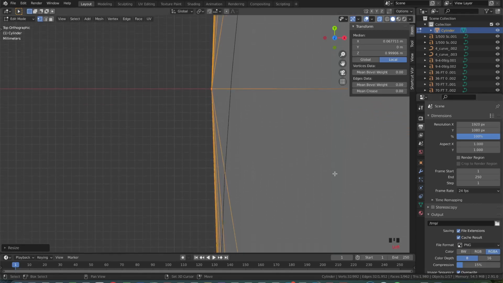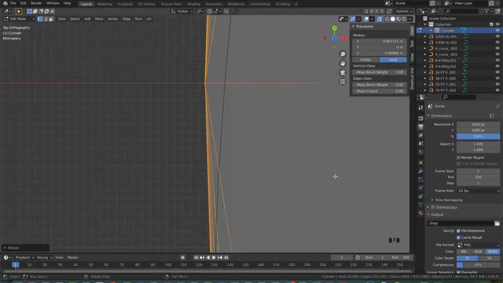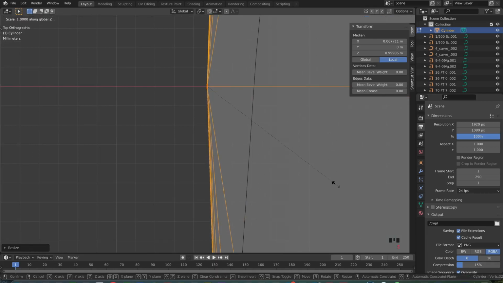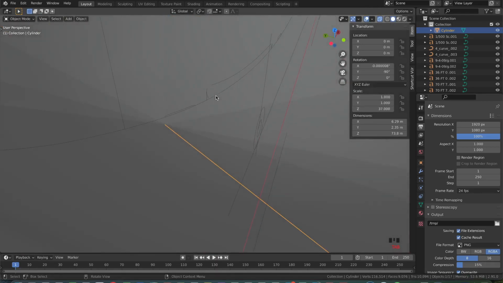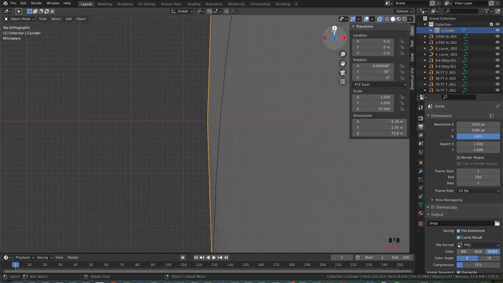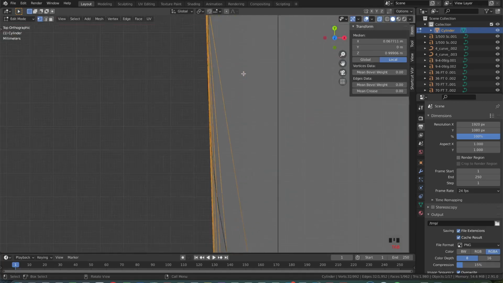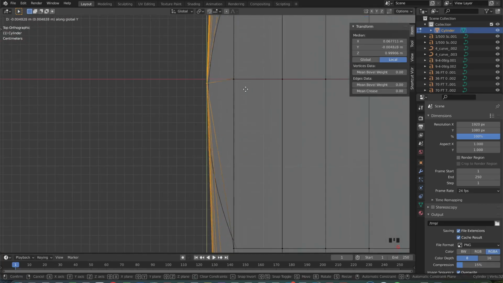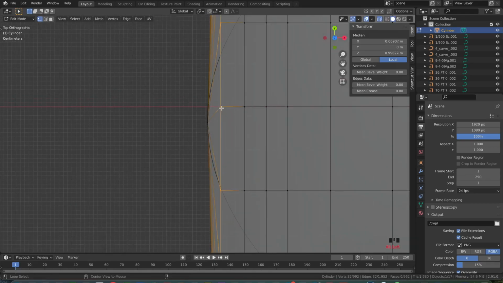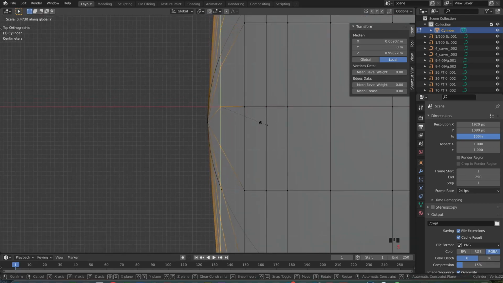Again, just bring this all the way in, just like that. Make sure it doesn't cross over, so right now it's not, it's just okay. Then bring this towards the center of the nose, because right now it's a bit too far away. Then do the same with the others, so like this,